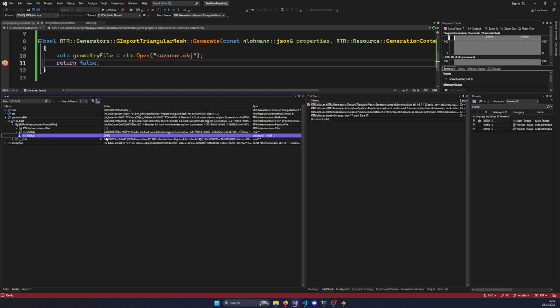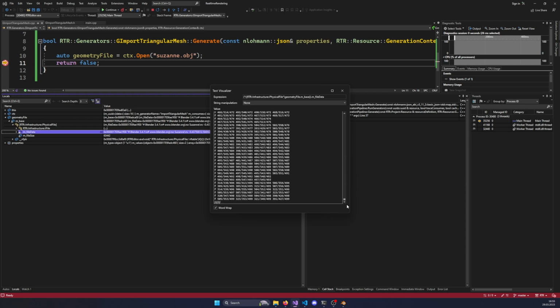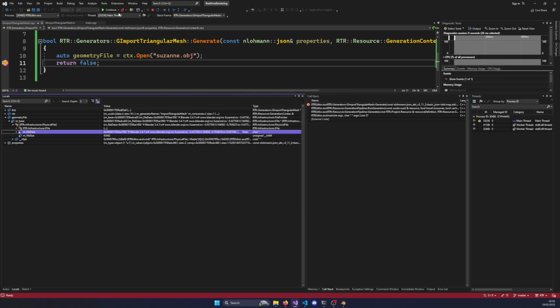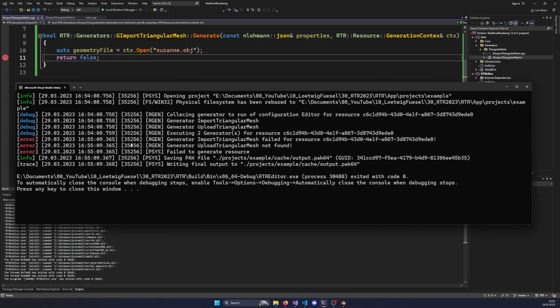You can see that we are getting a file size, quite a big file, and we also get that file data. I can actually view that file data if I want to, and since it is ASCII data, you can see all the content of the OBJ file already loaded in here. So, all right, the file loading was successful. And now what we need to do is parse the file, because if I continue on, since we are returning false, we are getting an error: